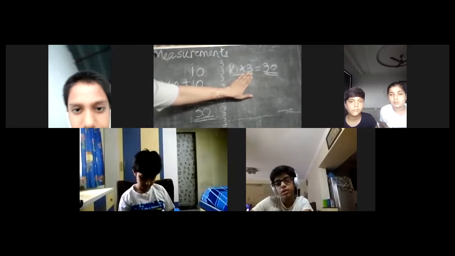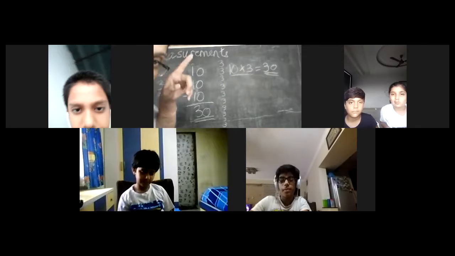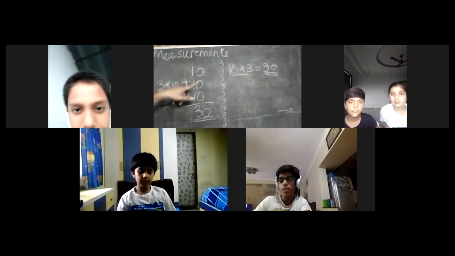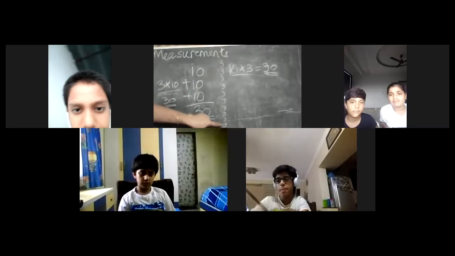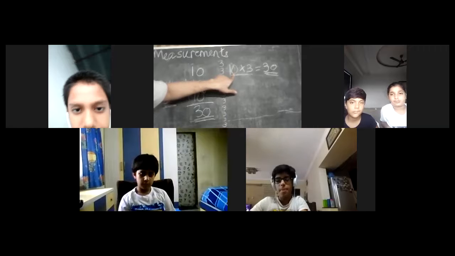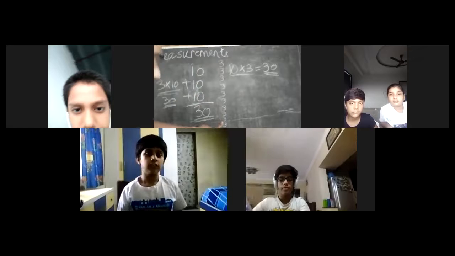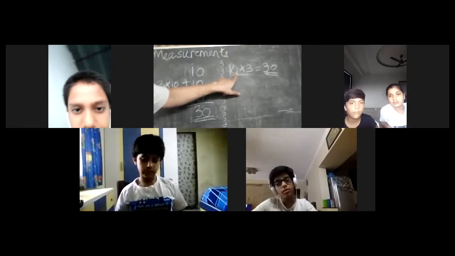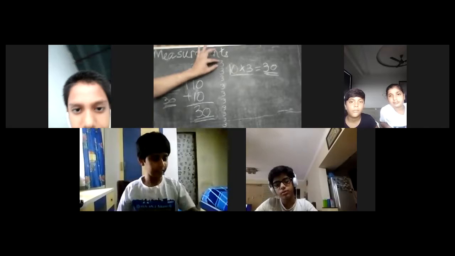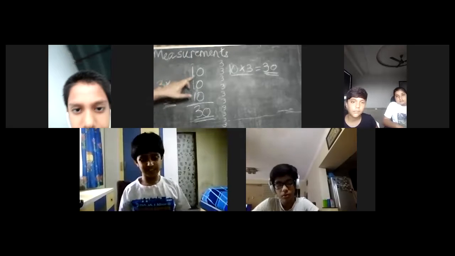First, what you will take as a rule, how many times is it coming? It is coming 10 times. You will write the number of times first. Okay? How many times is it coming up? You will write the number of times first, and then you will multiply it by the actual number. Got it?